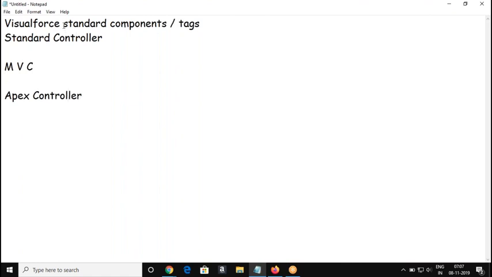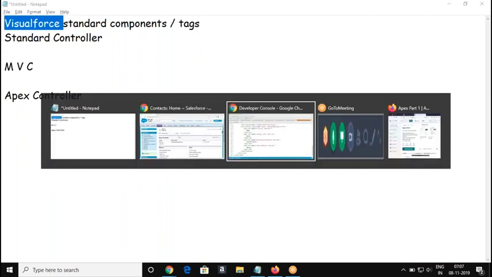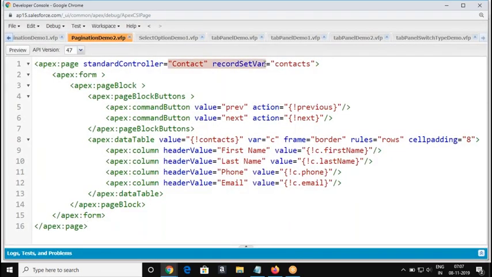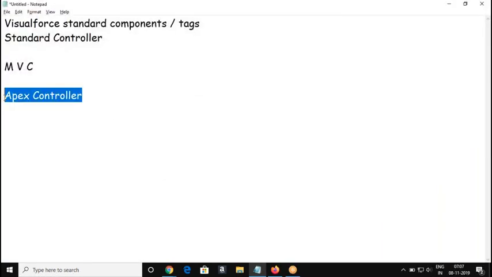Right? So Visualforce pages we have created display one record at a time, or collections of records, and everything is associated with inbuilt controllers. Now we are going to see how to associate a Visualforce page with a custom controller, where you will write the business logic using a class, which is called an Apex controller.